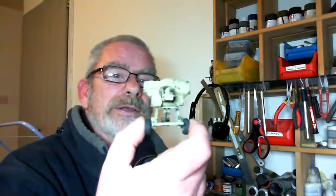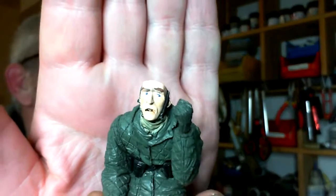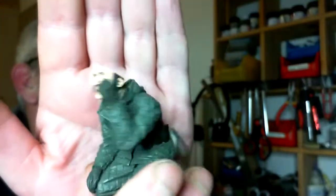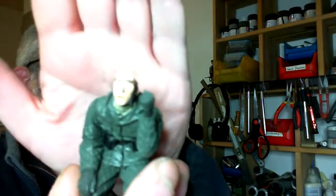Like I said, I'm working on this. I don't know what make it is. I got it from AliExpress. They're resin. It comes with two figures. I have the figures painted up. They're okay. They're not bad. I've got the first step done with the figures, that's the base colors down on them. I know the faces look a bit